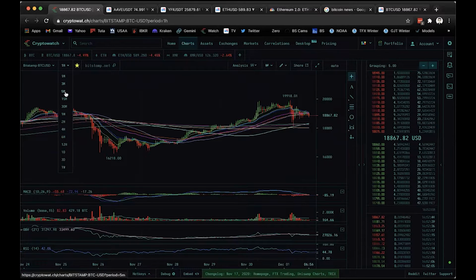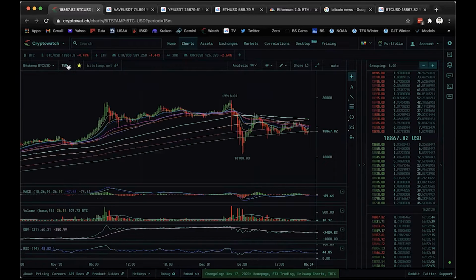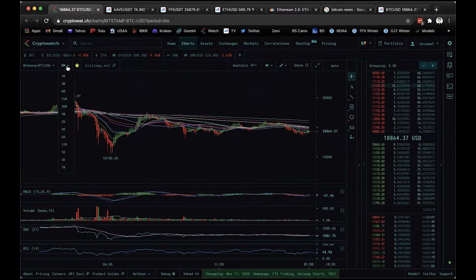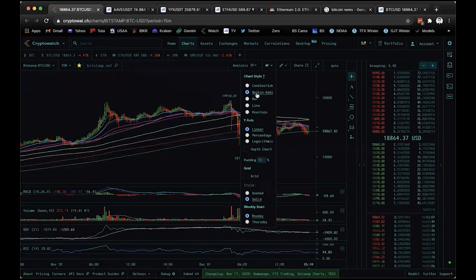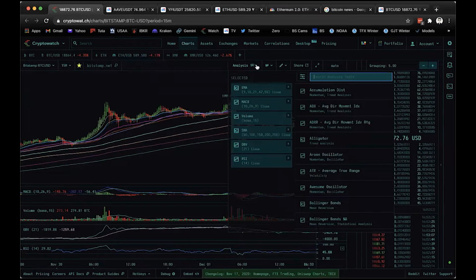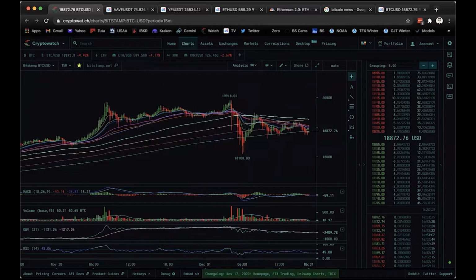And I'll constantly be just flipping back and forth between these time frames just to get an idea of what price is doing at any given time. And by the way, I also have Heiken Ashi candles on here. If you come down here, you see just regular candlesticks, but there's also the Heiken Ashi candles, which I think are easier for me when I'm just watching price action and in terms of trend following. And so that's what I'm using on here all the time. But that's just a preference.